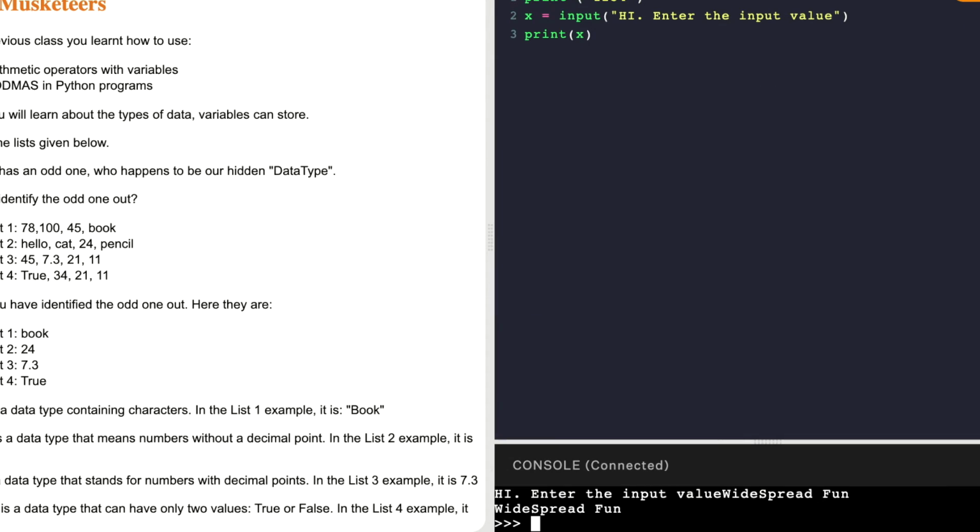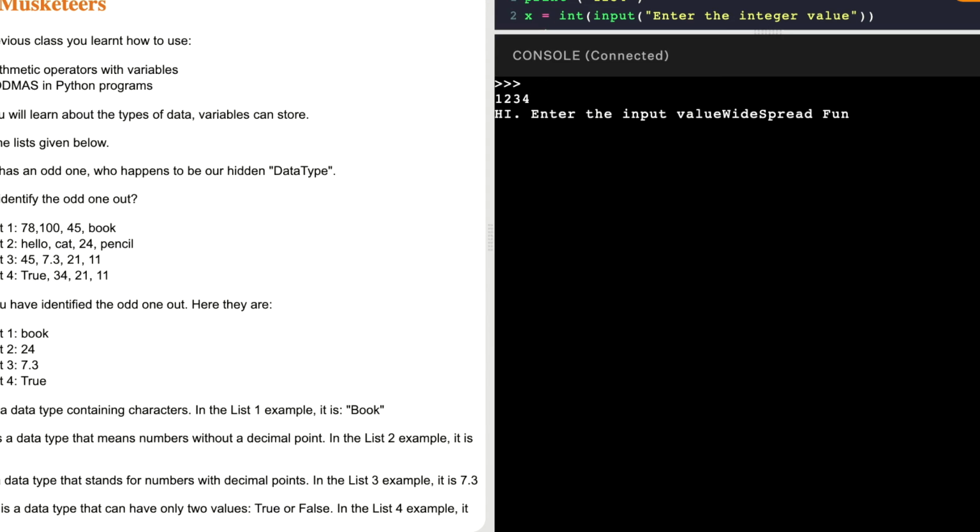Now you can take the inputs of different data types. Now suppose you want to take the input of an integer, you can write int, this is short form of integer used in Python. Open a bracket, I'll show you. Int, open and close a bracket. Inside that write input. Again we need to take an input from the user. Another two brackets, and inside those brackets again you can either leave them blank or you can write enter the integer value. Now see, I'll enter 34. It's printing 34.